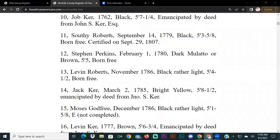Next, we got Southie Roberts, September 14, 1779, black, 5'3 5/8", born free, certified on September 29, 1807. Stephen Perkins, February 1st, 1780, dark mulatto or brown, 5'5", born free. All right, so I hope you guys are paying attention to these surnames where these people are saying they're born free. Levin Roberts,